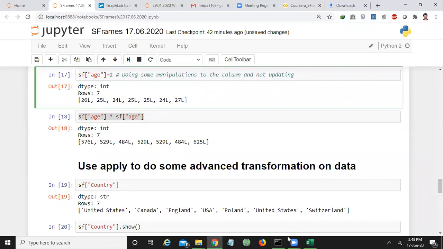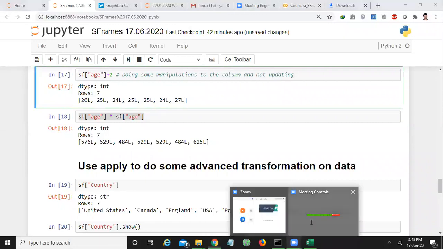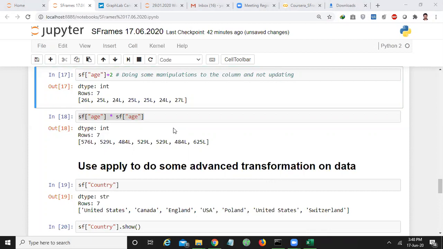We are just doing some manipulation. I just want to check what are the values that I can get if I add to the age. Okay, I have observed the change. Similarly for age also, here also I'm just doing some manipulation only, but not updating my original column.